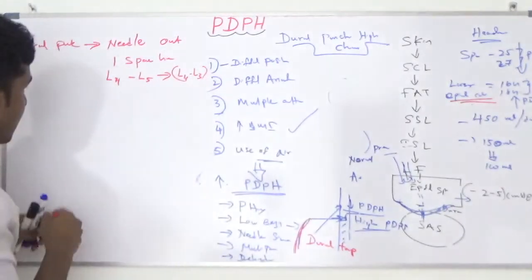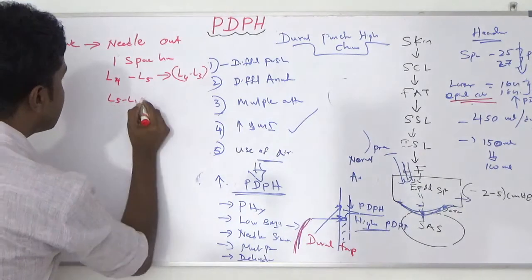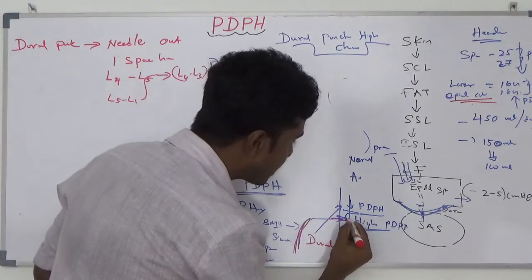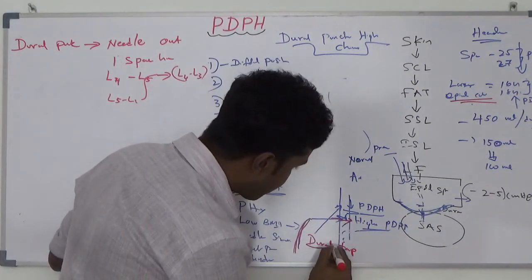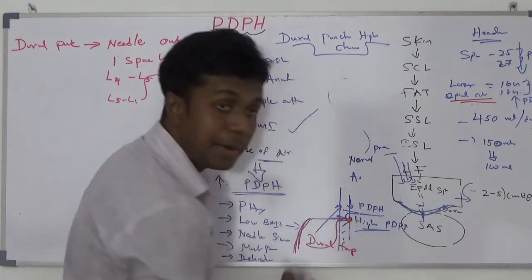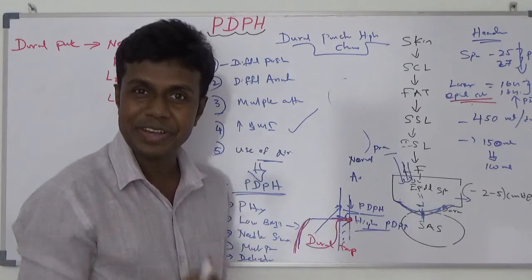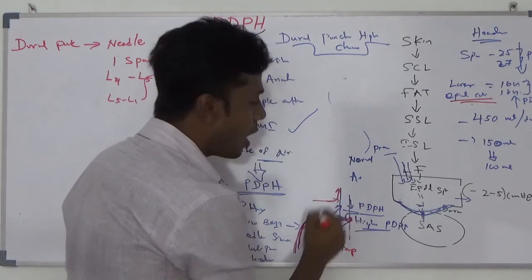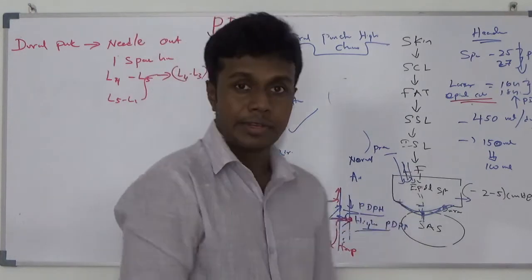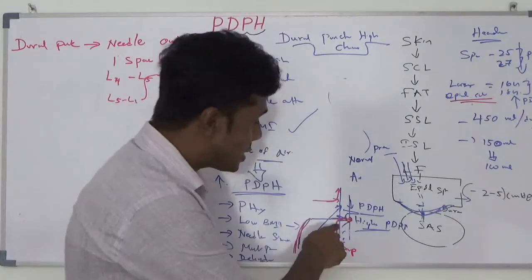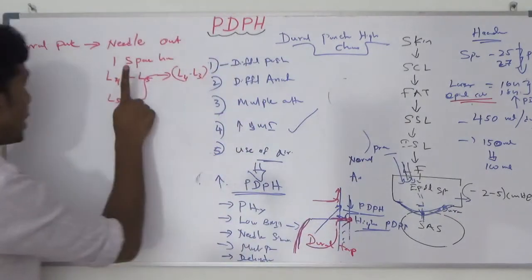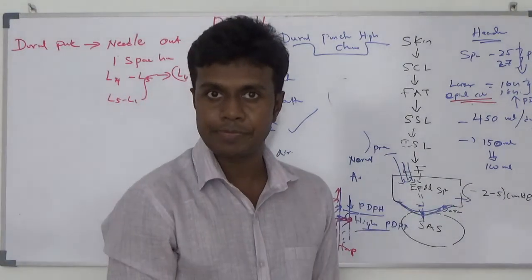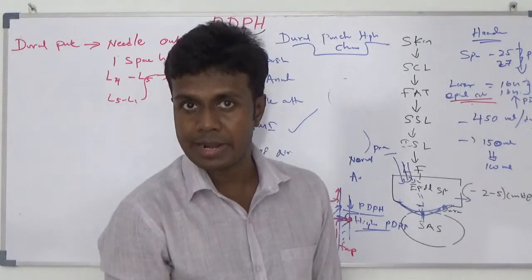The catheter comes from the L5-S1 level, and from this created hole, the catheter can go into the subarachnoid space. Because of that, we use a slightly higher space. The catheter usually goes in an upward direction, so it is very unlikely to go through this hole. So number one you can do is take the needle out, choose one space above, go into that space, put the epidural catheter there, and manage.